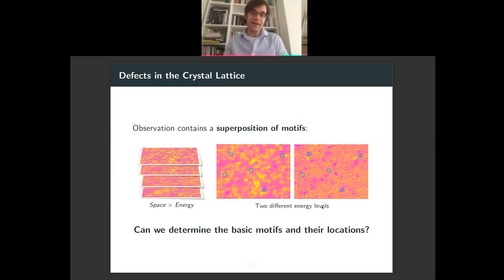And here, I'm motivating it from my own experience, which is in a collaboration in microscopy. But this problem of finding basic motifs in data is a fundamental one. This shows up in neuroscience, neural spike sorting. The motif is the spike pattern of a neuron. It shows up in astronomy and in other imaging problems. It shows up in other microscopy modalities. So, this particular problem of motif finding is an important one.